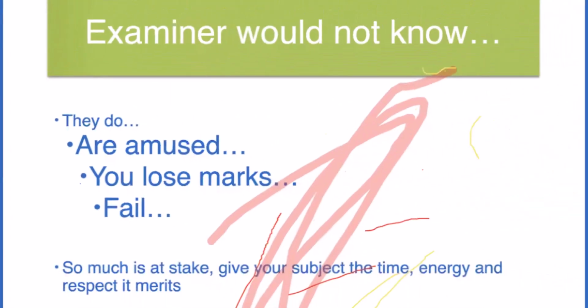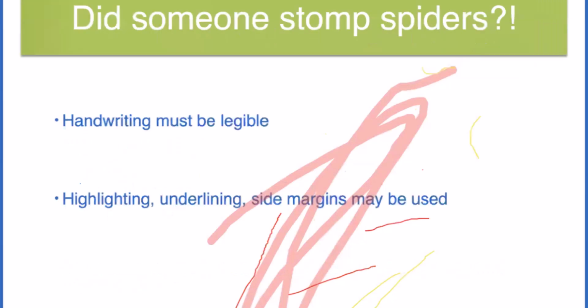All right. Yes, this is something that I have been emphasizing from the first slide itself. So much is at stake. Give your subject the time, energy, and the respect that it merits. Yes, the examples must have emphasized or clarified another aspect, and that is handwriting. Most of you are at a stage where you cannot bring about a radical change in the way you write, but the least minimum that you need to ensure is that it is legible, it is making sense.